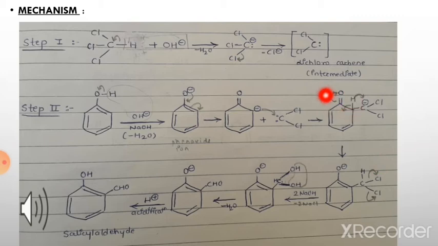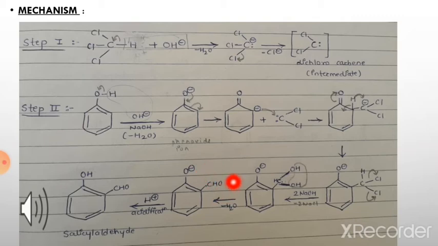Next, the compound reacts with OH negative ions provided by the basic medium, that is NaOH. Chlorine atom will attract electrons and be removed from carbon and form a bond with sodium from NaOH and be removed as NaCl. Next, OH from NaOH will attach to carbon in the place of chlorine atoms, and there is a removal of H2O, and also the formation of a pi bond takes place between carbon and oxygen.